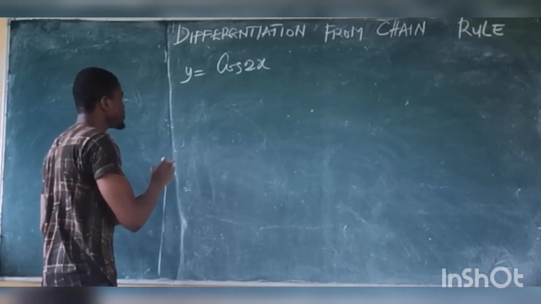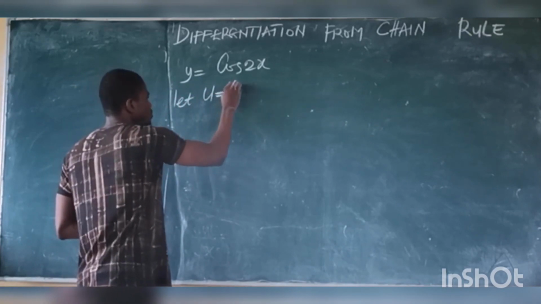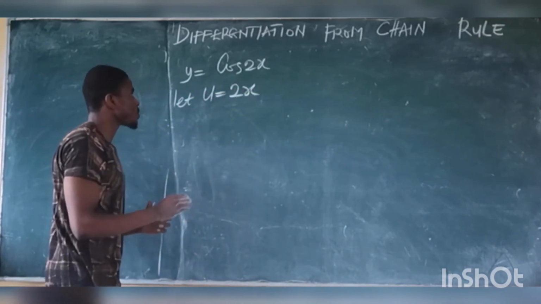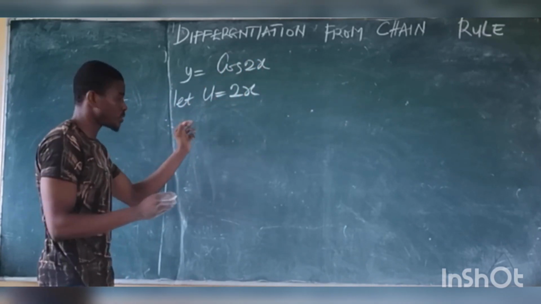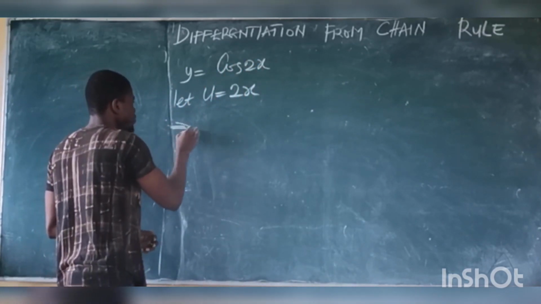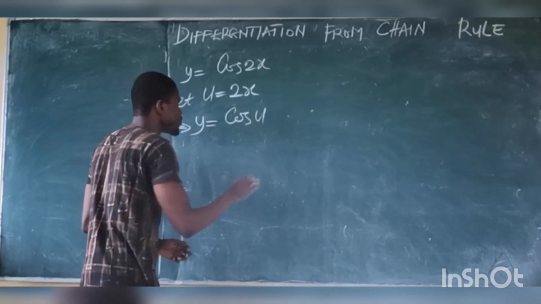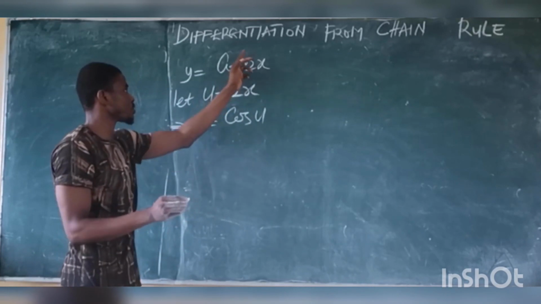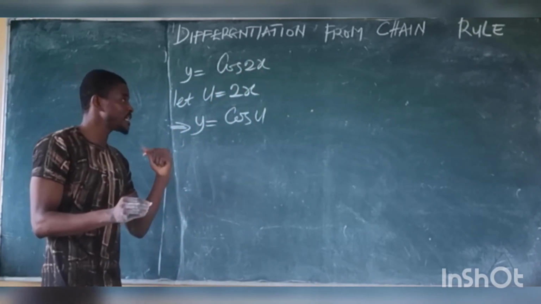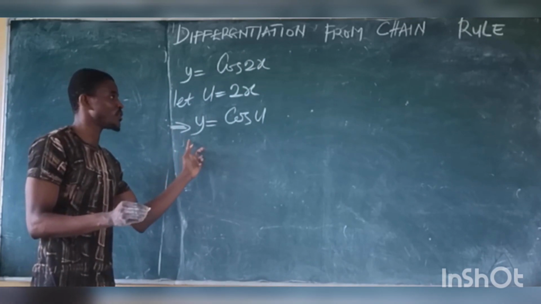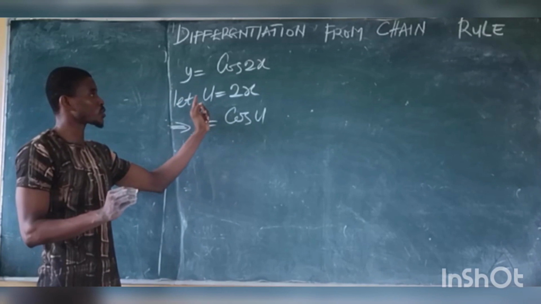what I will do. I will simply say let u be equal to 2x. So I'm saying that let this value 2x be represented by u. So that simply now means that y is now equal to cos u, because I'm saying u represents 2x. So you're seeing now that y depends on the value of u at this point. Meanwhile, u is now a function of